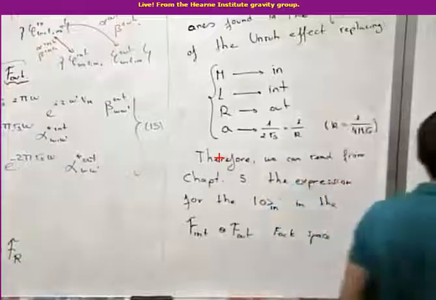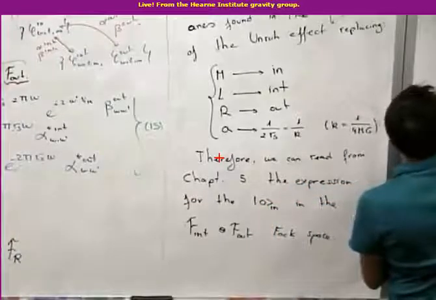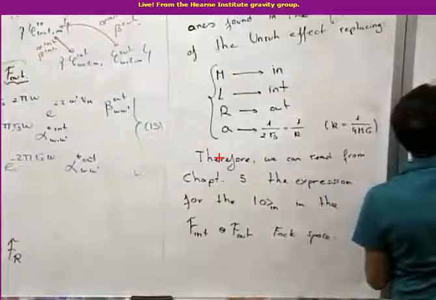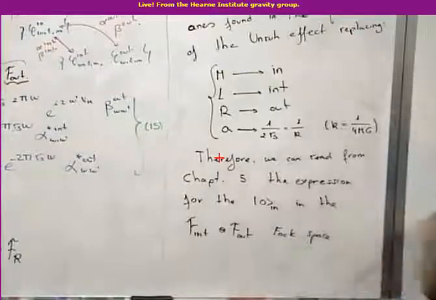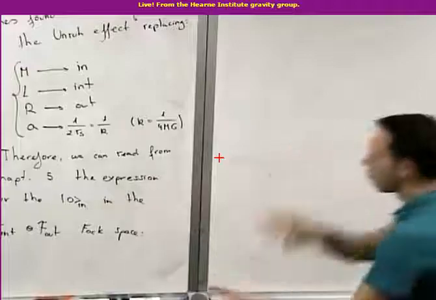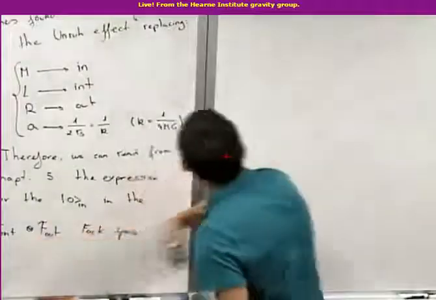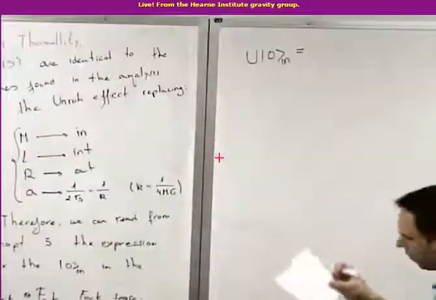As I said, we don't need to do the computation again. Just go there and do those changes. And what we're saying is that when you take the in vacuum, which is naturally defined in the in representation, and you bring it to this other representation with the corresponding unitary operator,